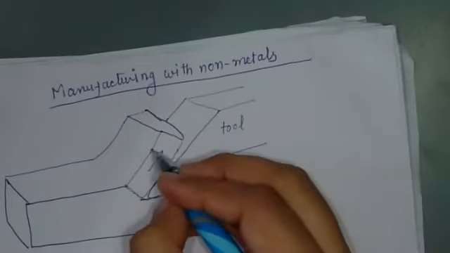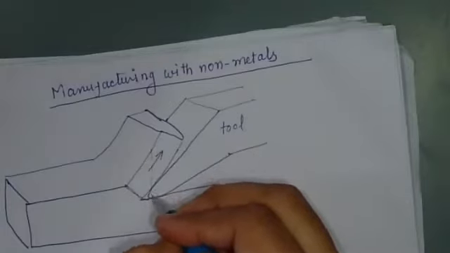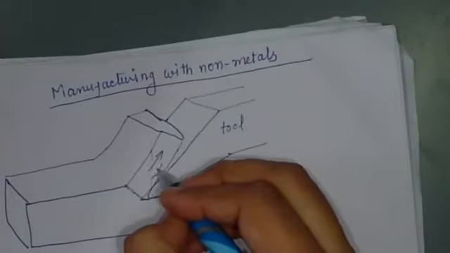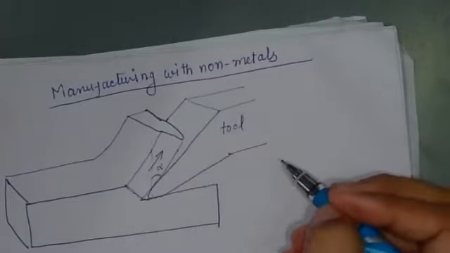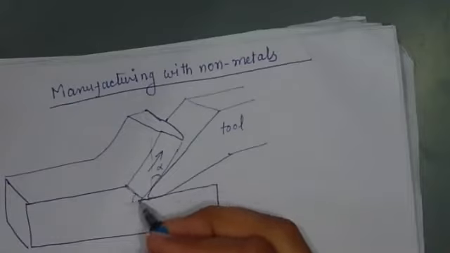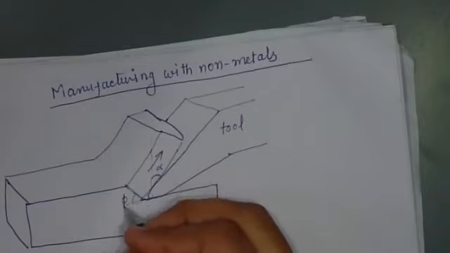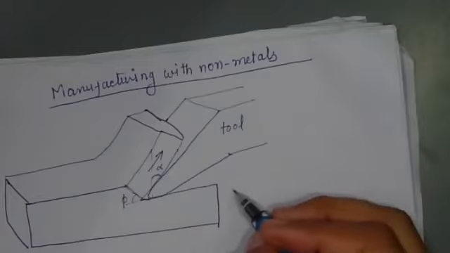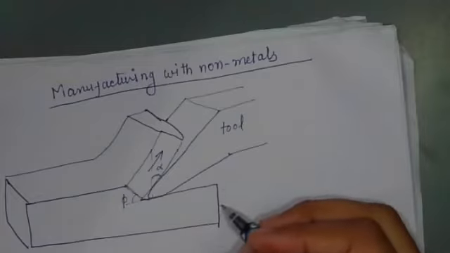And we also know that the angle which the cutting tool makes from the vertical is called the rake angle, and generally we represent it by alpha. The angle by which the shear plane exists from the horizontal plane is called the shear angle, and it is generally denoted by phi. So these are the universal notations for rake angle and shear angle.